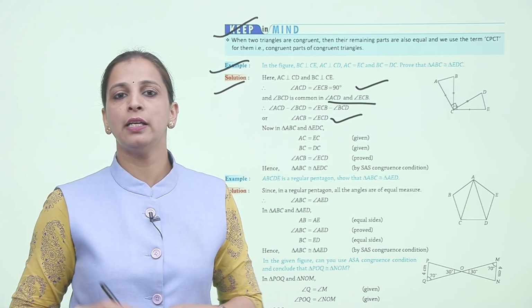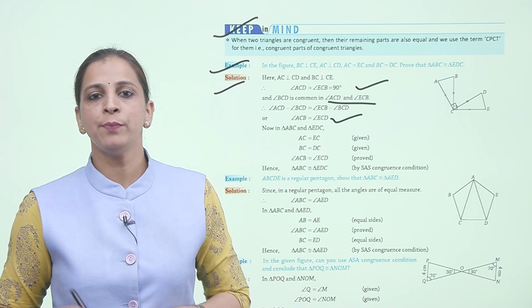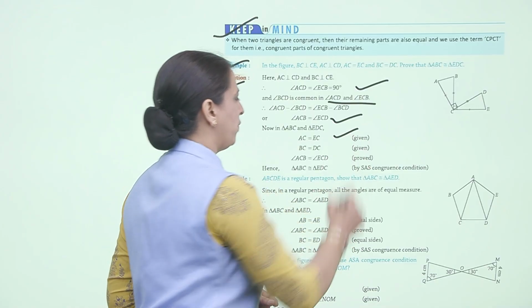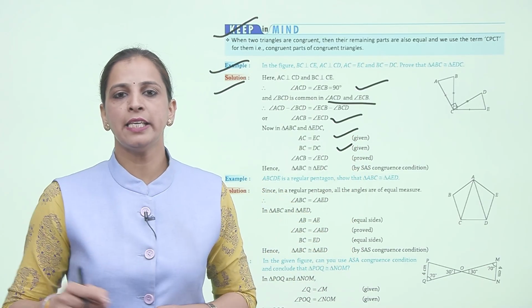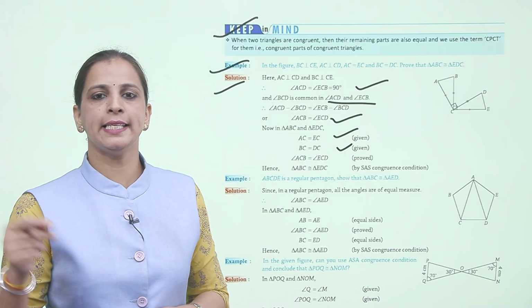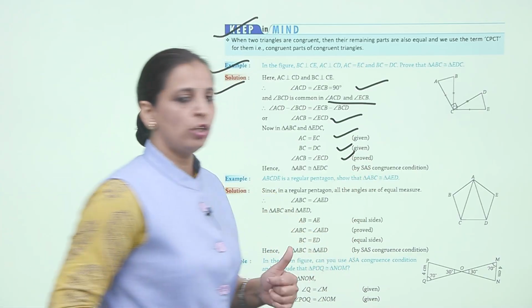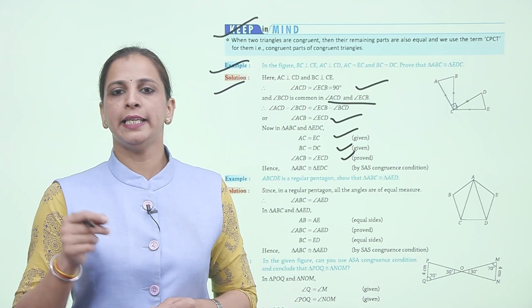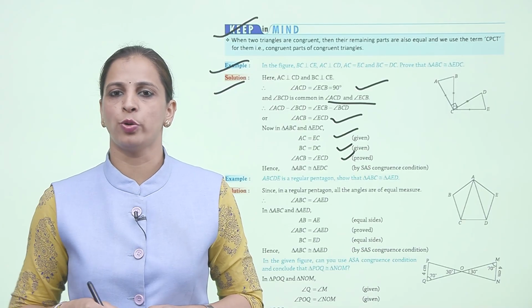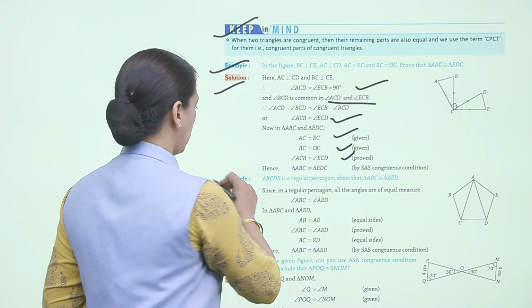Now in triangle ABC and EDC, AC is equal to EC, given. BC is equal to DC, given. And angle ACB is equal to angle ECD, this we have just proved. Hence, triangle ABC is congruent to triangle EDC by side angle side congruence condition. Now next example,